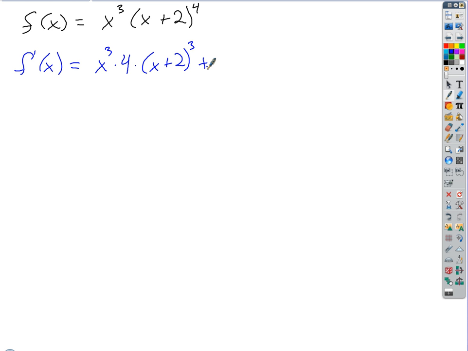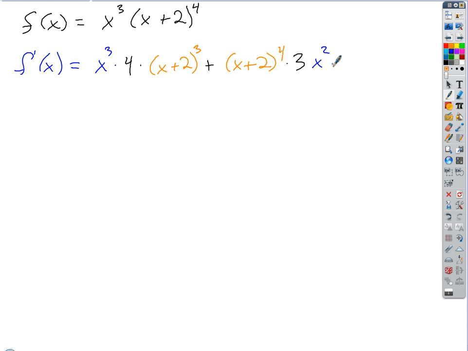Plus the second times the derivative of the first, and what's the derivative of the first? 3